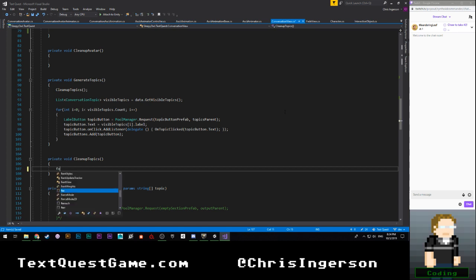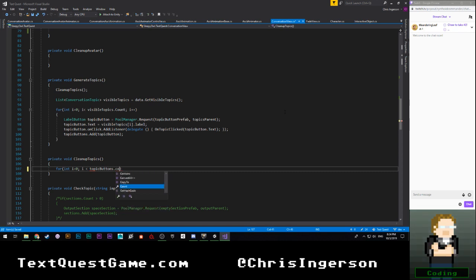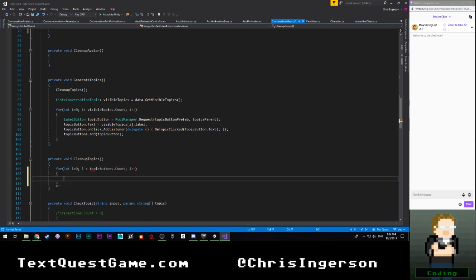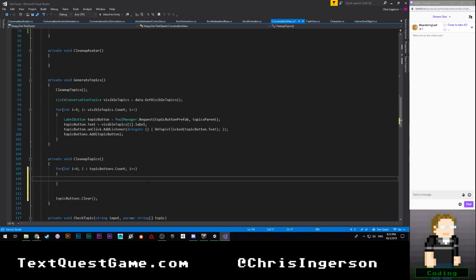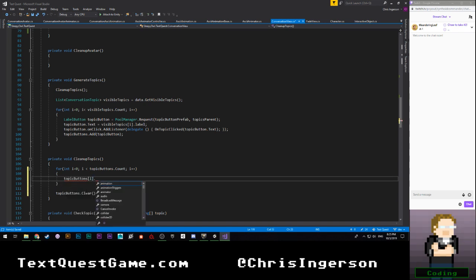So we're going to say for int i equals 0, i is less than topicButtons.Count, i plus plus. At the very bottom here, we're going to say topicButtons.Clear, which is going to say here topicButtons[i].onClick.RemoveAllListeners.